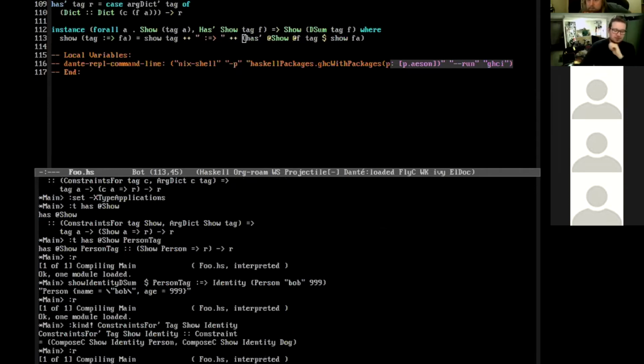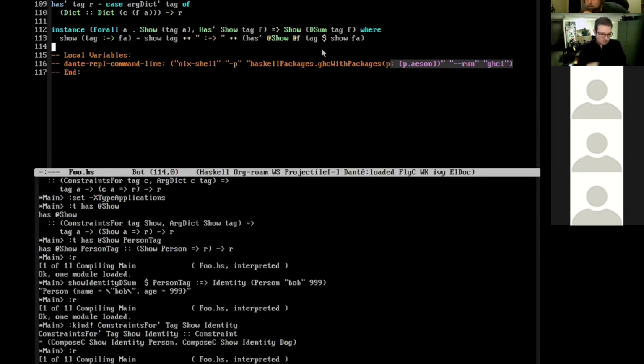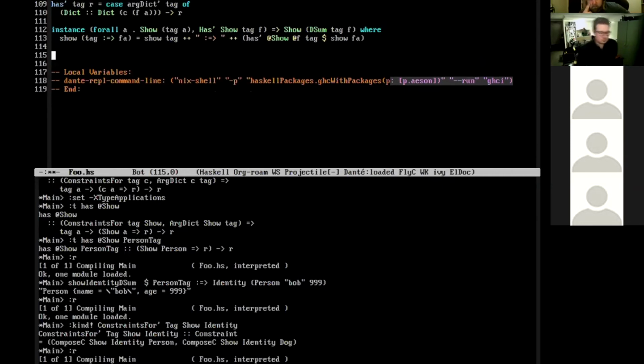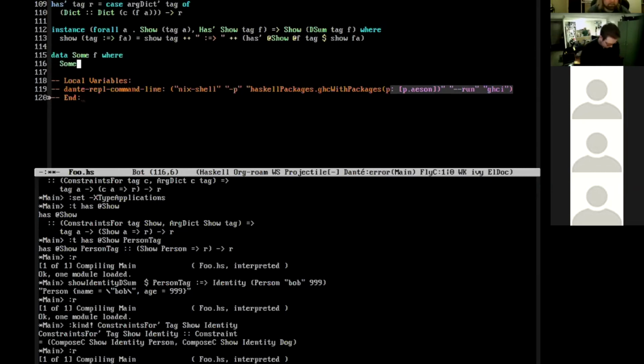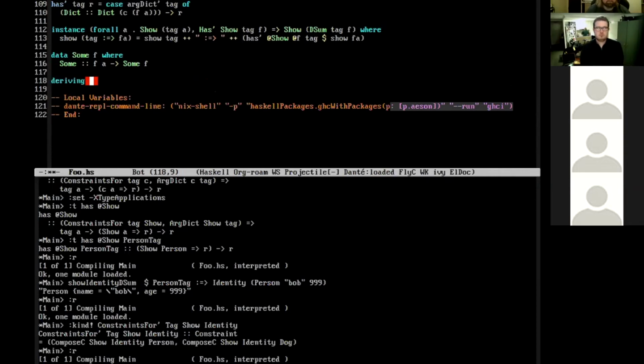So to wrap this up, we want to actually circle back to what we started with and be able to parse up some JSON. So we're going to need to parse the tag into, well, we don't know what the A is going to be until we parse it. So we need a type to contain that. So the sum F, use the GADT, where sum stores sum FA, but we don't know what A is. And we'll get the instance for that.